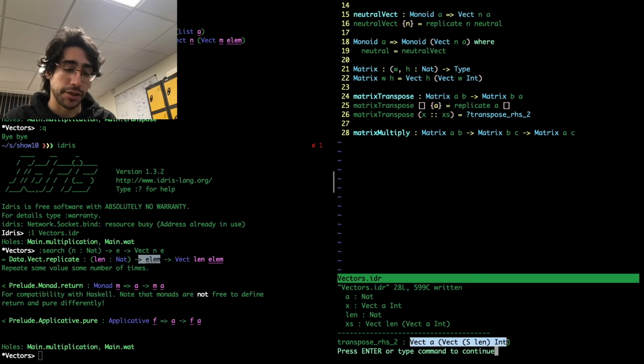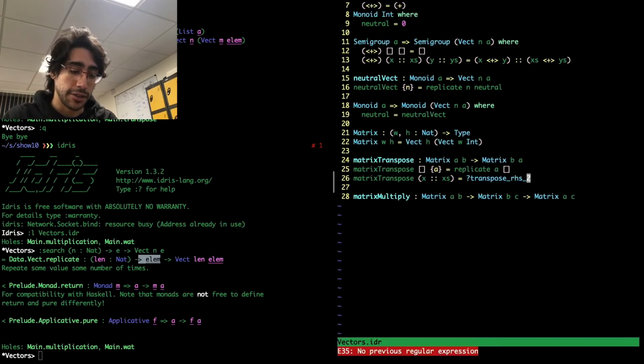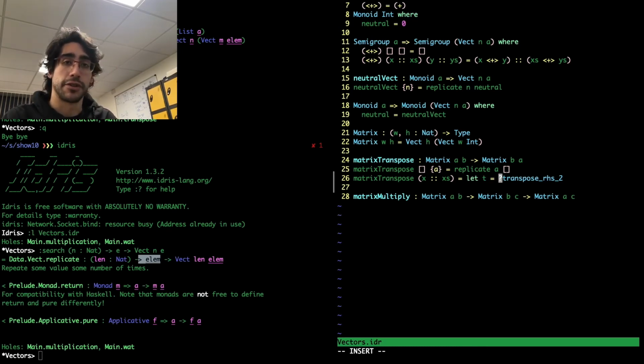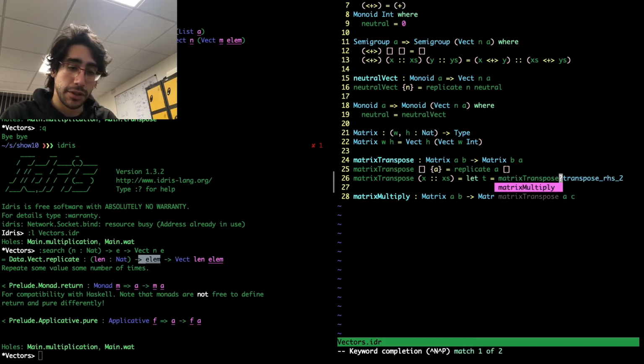And we have to return something of length A, which has one additional row. So this is a bit complicated, but a good first step is to do a recursive call to solve the simpler cases and then look at what we're dealing with. So if I do matrix transpose of XS,